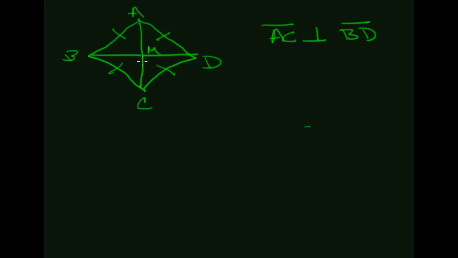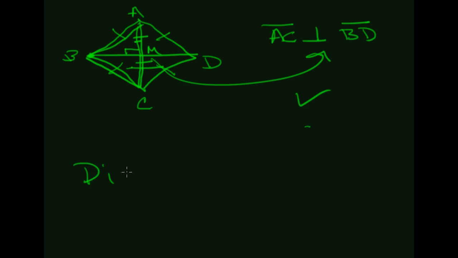Okay. How do we know this? Right, so this is an interesting question. If I have a point and it's equidistant from the endpoints of a segment, then it must be on the perpendicular bisector of that segment. Now, lo and behold, we just showed that these two lines then must be perpendicular. That's it. So the diagonals of a rhombus